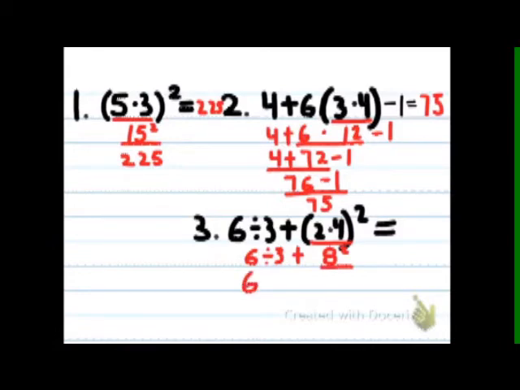So 6 divided by 3 plus 8 times 8 is 64. And then the next thing we do is multiplication, but it's not in this problem. So we go down to division. So 6 divided by 3 is 2. And then the last step,